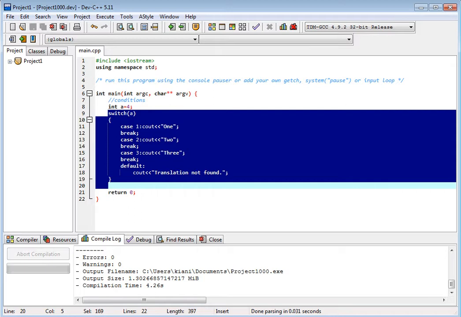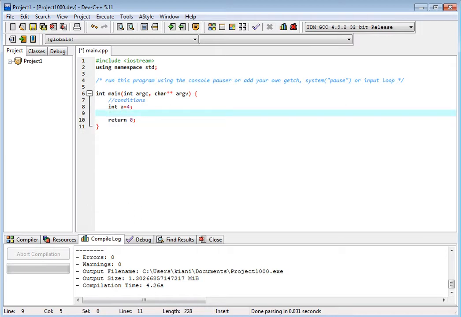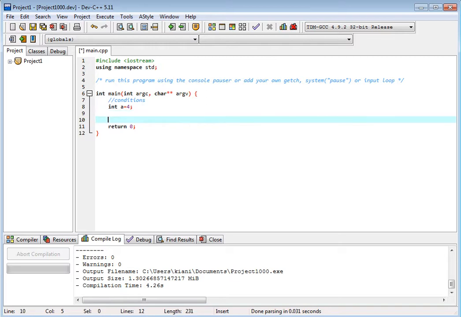Now integer A is equal to 4. For example, A is equal to 4.